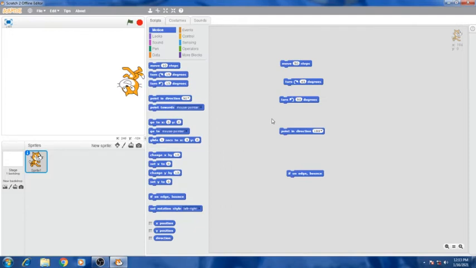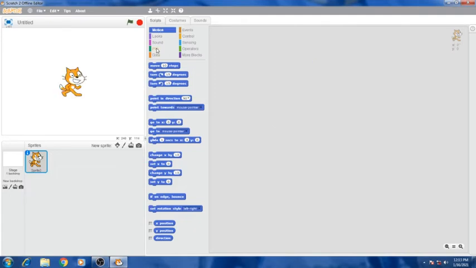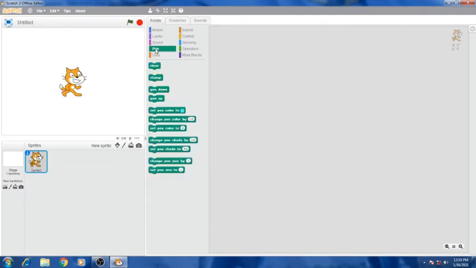So let's move to the next block, that is the pen block. Moving to the pen block, choose the pen block and you can see the instructions here. First of all we can discuss pen down. If you want to write something, you have to take the pen and put the pen down for writing, isn't it? In the same way you can make the sprite draw or write something using the pen.